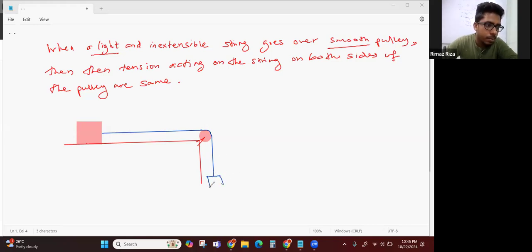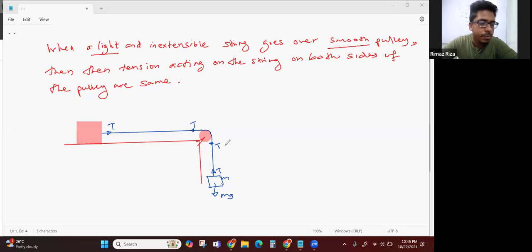And on this side, let's say a mass is connected, mg, mass is m. So if this pulley is smooth and the string is also light, here I can mark the tension capital T. Since the string is light, everywhere on the string has the same tension, so here also will be the same tension. Now since the pulley is smooth, therefore the tension here also will be capital T, so here also will be